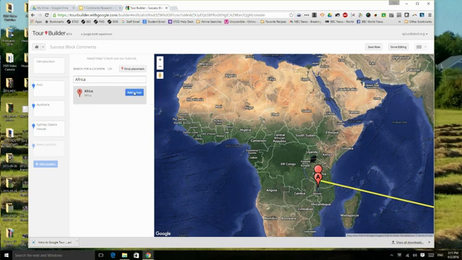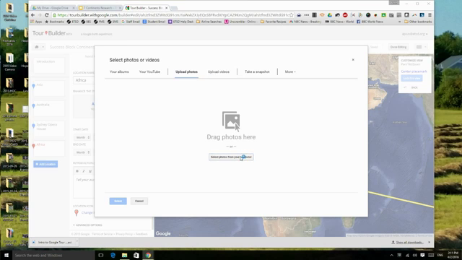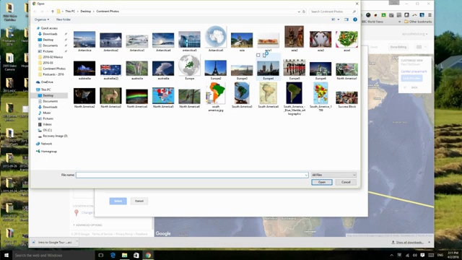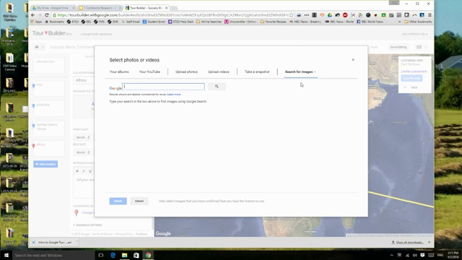So here I have Africa zoomed in to the degree that I want it to be zoomed in, and when I do that I can add to tour, add my photos and videos, again from a folder on my computer, and I have a feeling that these kiddos didn't have Africa pictures. So I'll have to do something else, and that would be maybe going to more and search for images. You want to be mindful of giving attribution, but for the sake of this demonstration I'm just going to type in Africa,